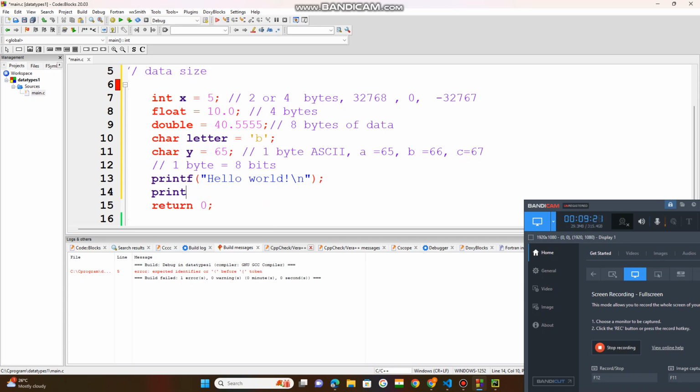We will use the printf function. I told you that if you want to get whatever value is stored in this variable, we need to use format specifiers. The format specifiers are always declared in double quotation marks, and before that we need to keep a percentage sign. This format specifier indicates to the compiler, because C is a compiler-based program, that this variable stores